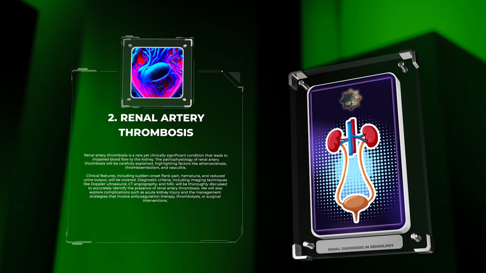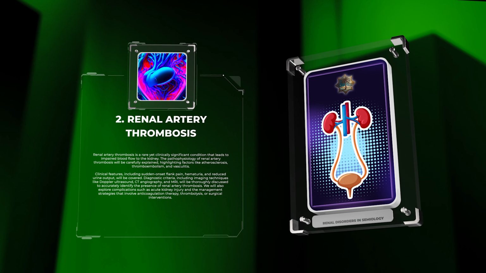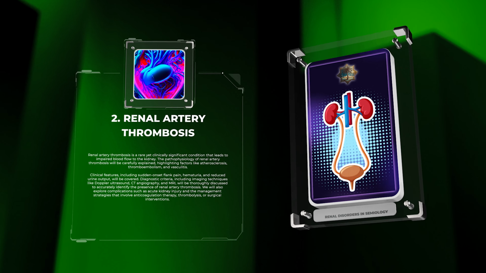Diagnostic criteria, including imaging techniques like Doppler ultrasound, CT angiography, and MRI, will be thoroughly discussed to accurately identify the presence of renal artery thrombosis. We will also explore complications such as acute kidney injury and the management strategies that involve anticoagulation therapy, thrombolysis, or